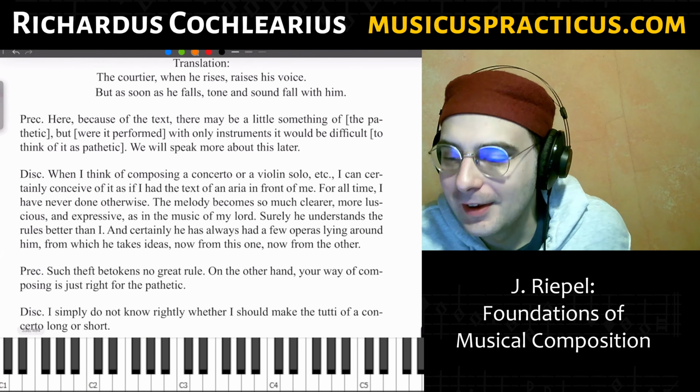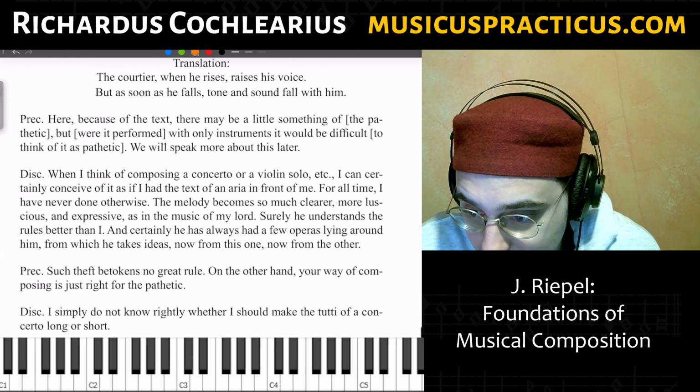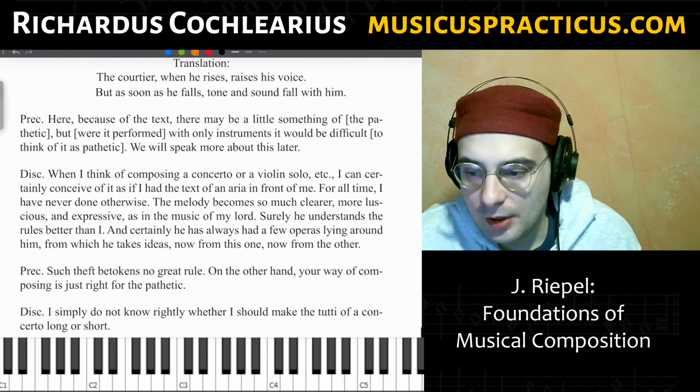Okay. Here, because of the text, there may be a little something of the pathetic, but where it is performed